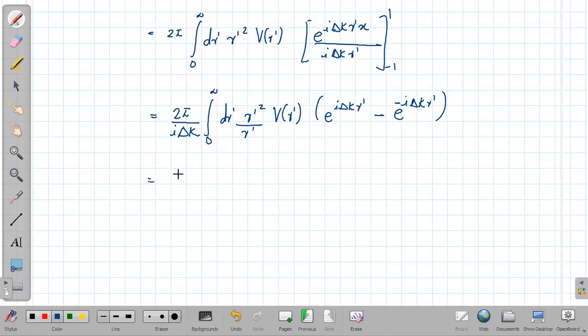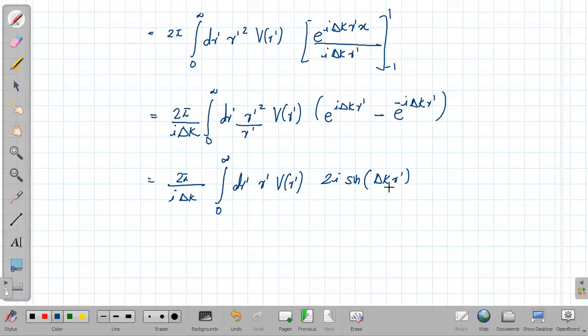So therefore this becomes 2 pi upon I delta k integral from 0 to infinity dr prime r prime v of r prime 2I sin delta k r prime. So I think one I would cancel. So therefore finally it would be 4 pi